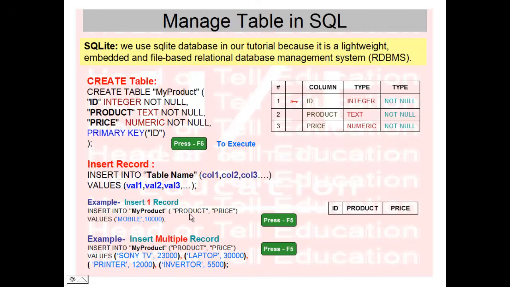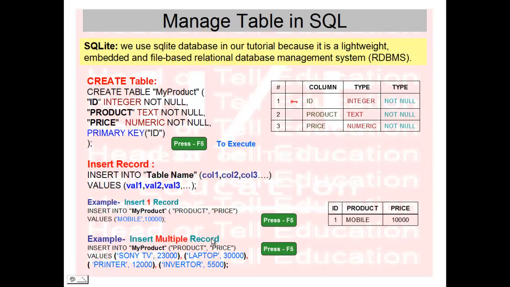Now if we run this query, press F5, the record is added. Because the id column is not written here, the reason is that it is the primary key, so it is inserted automatically according to the record. Okay. Now next,